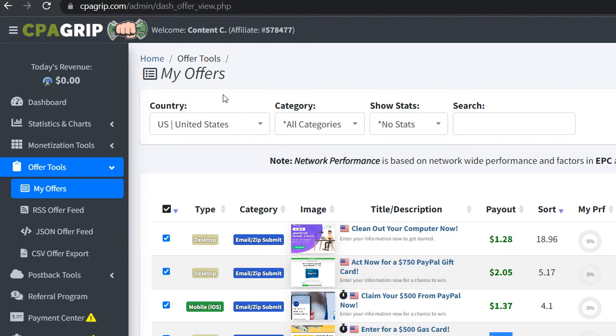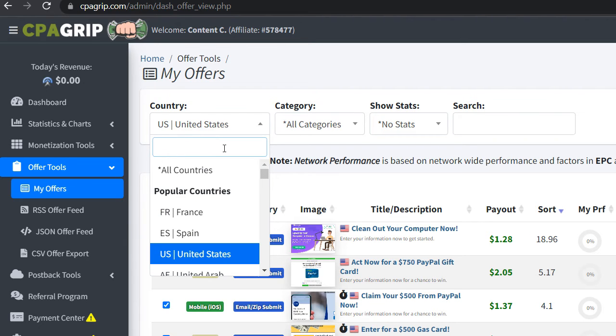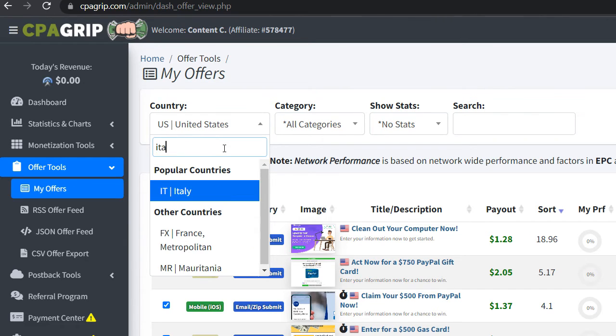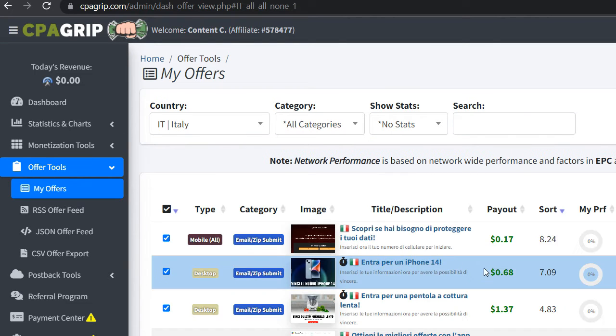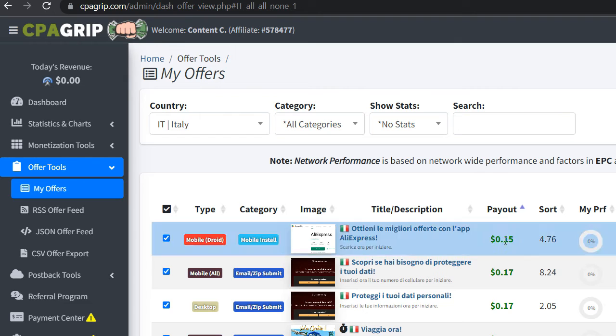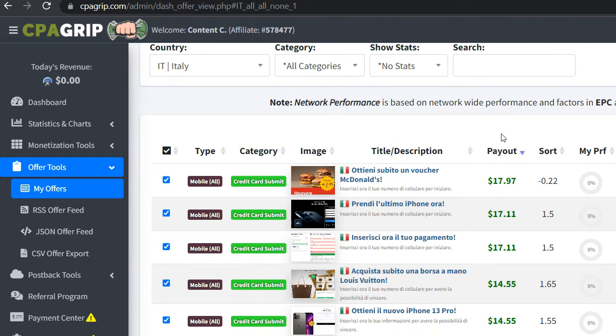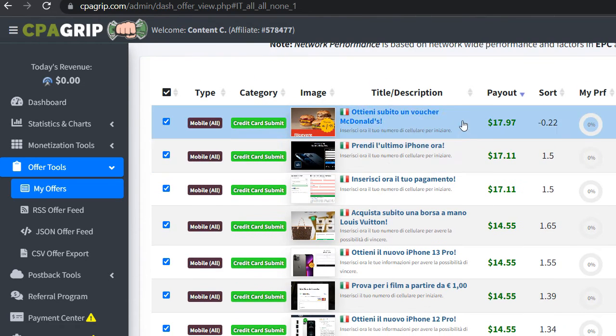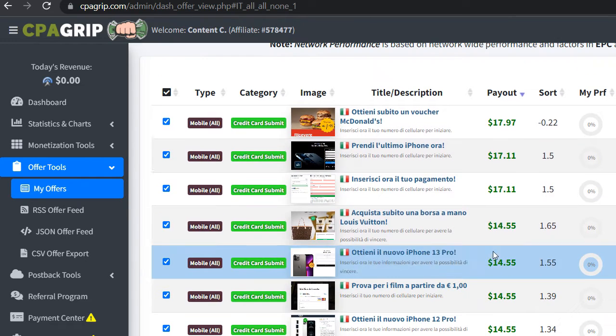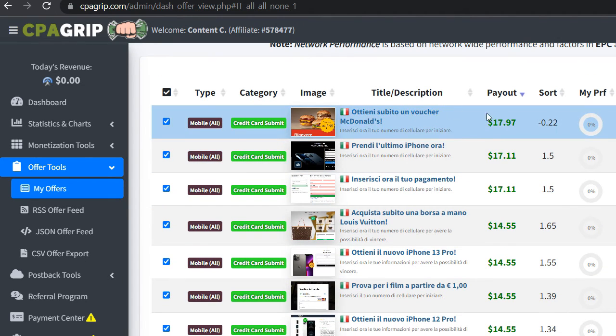If you go to search for other ones, for sure you're about to get paid more. So for the moment we will just go to the search option and search for Italy or other places that you would recommend to get paid by using it. As you may see, if you click into payout, you will be able to see the highest amount of money